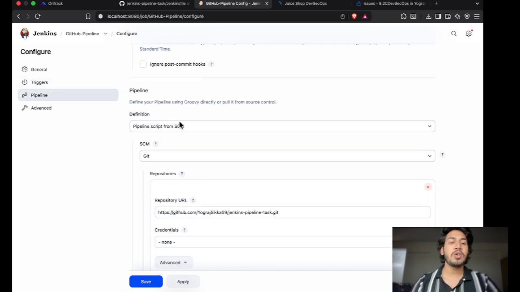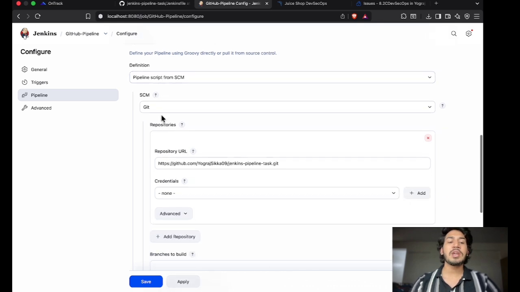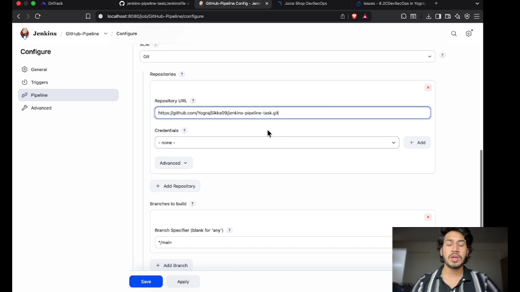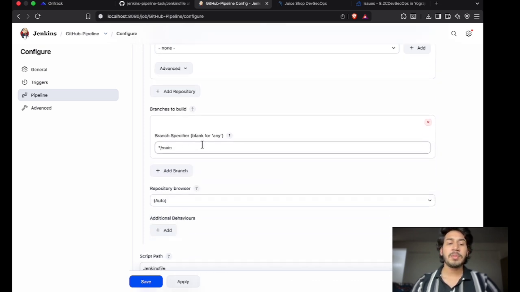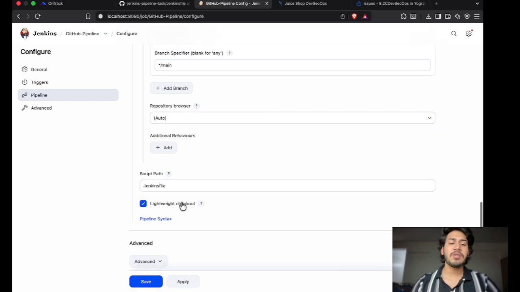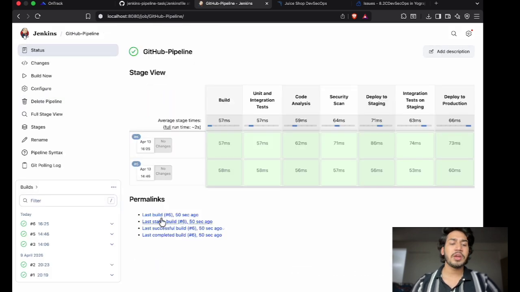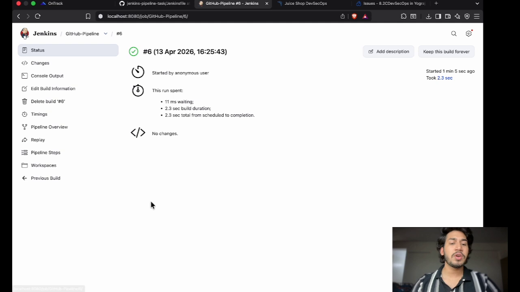After that, I gave the option to collect the pipeline script from SCM, and in the SCM I ticked the option for GitHub and gave my GitHub repository link. After that, I specified my branch specifier. After that, I gave the link, and this will be done here. As you can see, my pipeline has been successfully run. It will also show the stage view here, which I made by installing the stage plugins. It will be easy for us to check here.